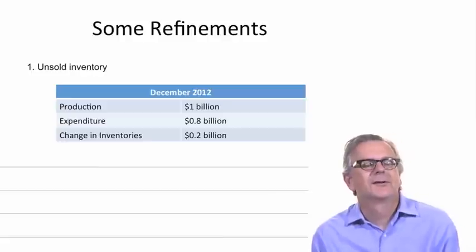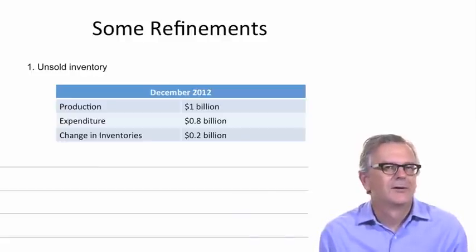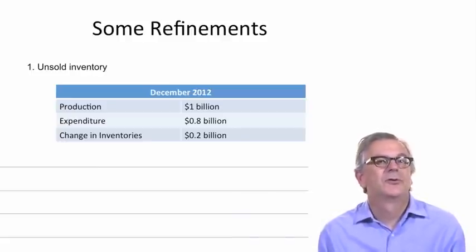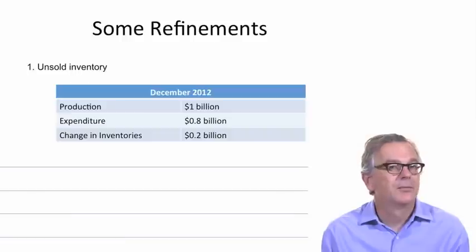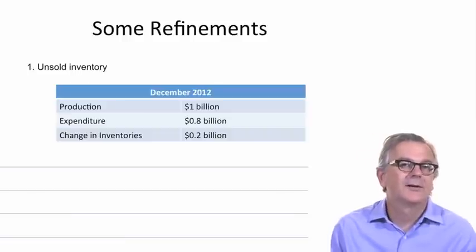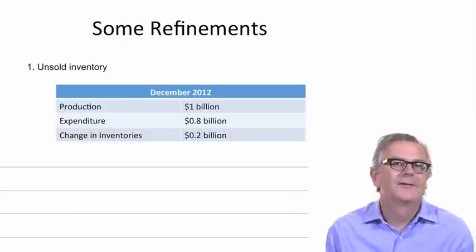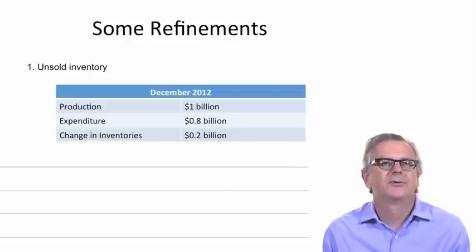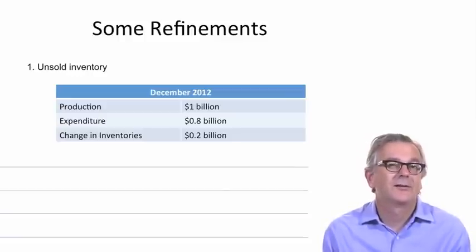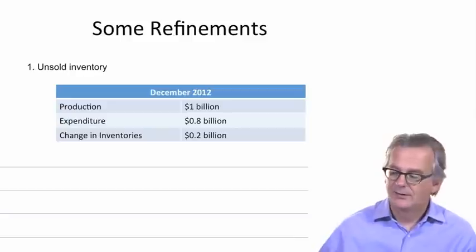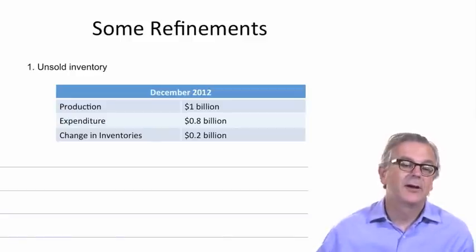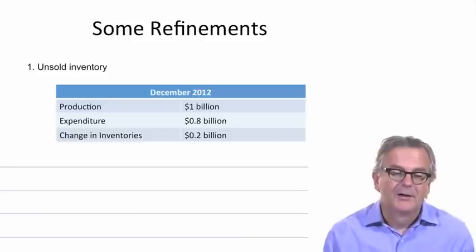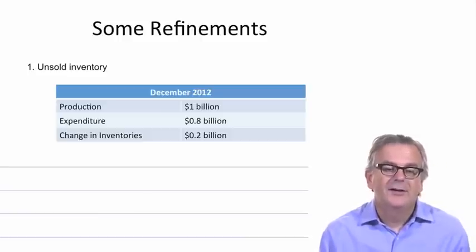But of course, that's not necessarily the case. It's often the case that firms will produce a certain amount of output in a period, but not necessarily sell all of it, and this gives rise to unsold inventory. Well, if there's unsold inventory, how is it possible for production and expenditure to give the same value for GDP? Well, it's actually